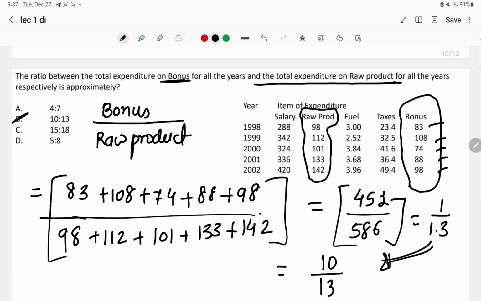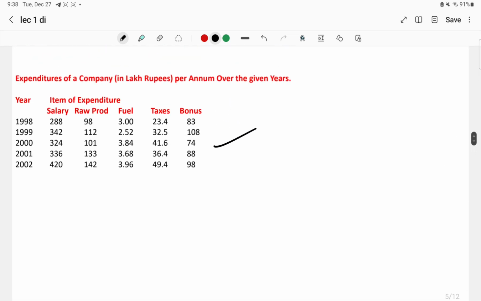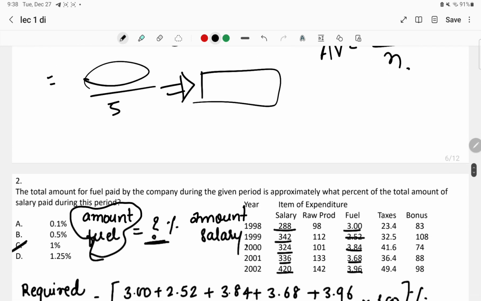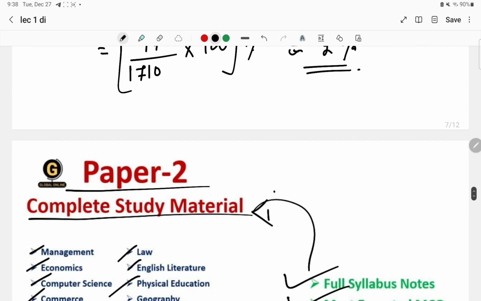So दिस वॉज द लास्ट क्वेश्चन ऑफ टूडेज लेक्चर. यहाँ पे रेशो के बारे में, रेशो निकालने के बारे में पूछा था. द वेरी फर्स्ट क्वेश्चन दैट वी हैव सीन वॉज सिंपली रिगार्डिंग द average. We know the formula for average is equal to what? Sum upon the total entities that we have calculated for fuel. Similarly for the second question they have asked us the question about the percentage. इसीलिए ये important था पढ़ाना mathematical reasoning.